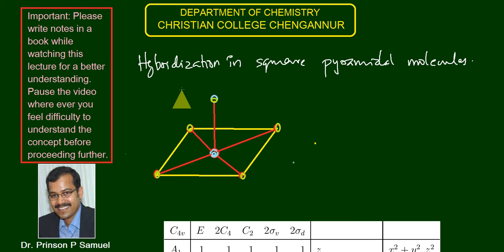Okay, in this class I am going to talk about the hybridization in square pyramidal molecules. I have given the geometry of the square pyramidal molecule here. You can see that this is a central atom, and connected to the central atom there are 5 groups or 5 atoms. And 4 of these atoms are in the corners of a square base, and another atom or group will be in the top of the square. Okay. So this is a square pyramidal structure,